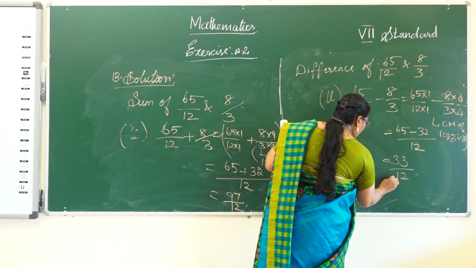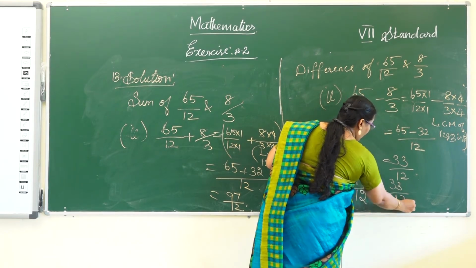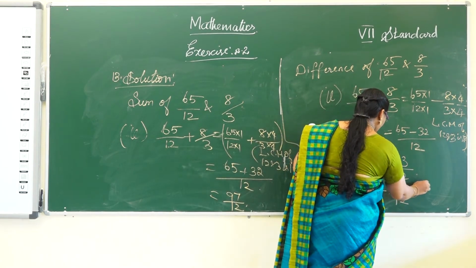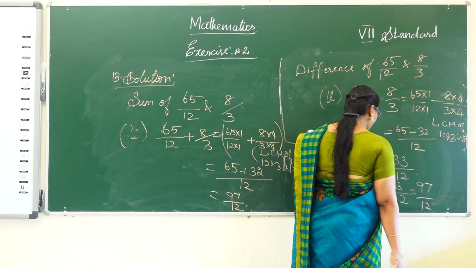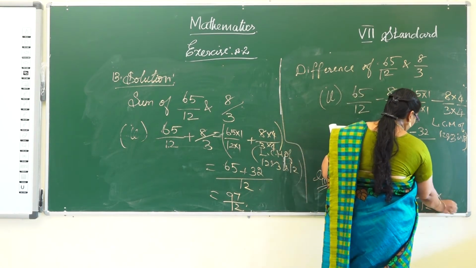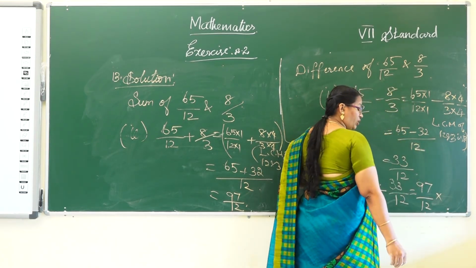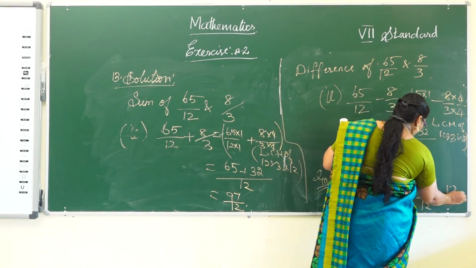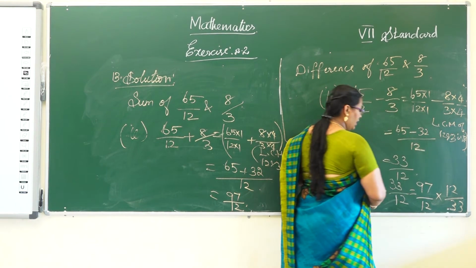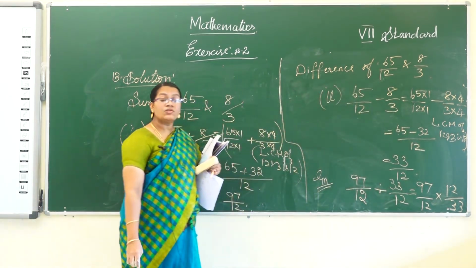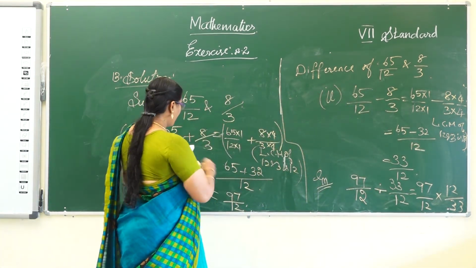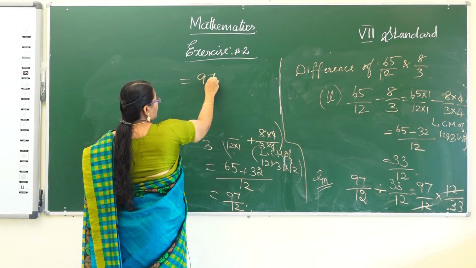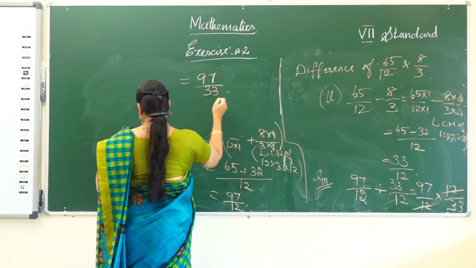Difference of their value. So 33 by 12. 33 by 12 is equal to, you know the division of fraction, is it? So division changes to multiplying the fraction by the reciprocal of the next term of the fraction, is it? So what is the reciprocal of 12 by 33? Okay, the reciprocal of 33 by 12 is 12 by 33. Now 12 will be cancelled, is it? So the answer is 97 by 3.